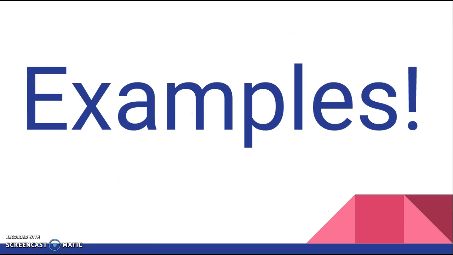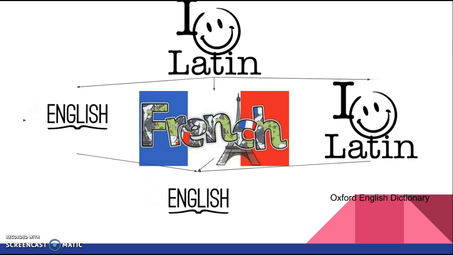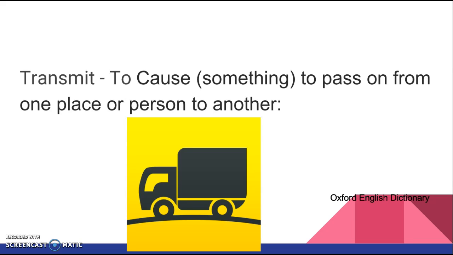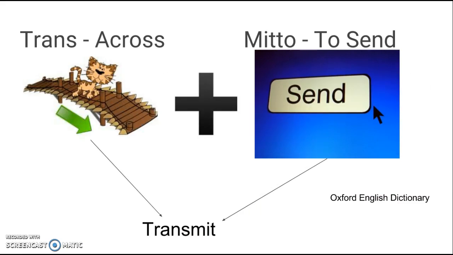As said previously in the video, one part of the words added during the Renaissance had to do with education. People consciously wanted to add more words from Latin. Words were both taken fully from the Latin language and by words in the middle. One example of a word like this is transmit, to cause something to pass on from one place or person to another. The word comes from two Latin words, trans meaning across, and mitto meaning send.